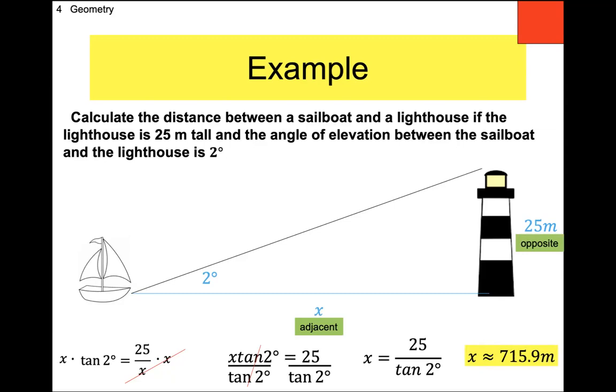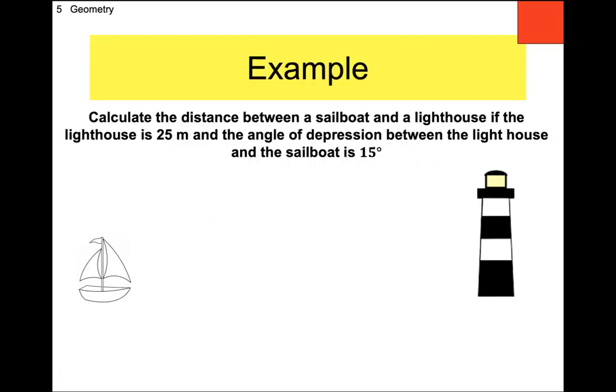Remember, the angle is 2 degrees. So the lighthouse is pretty far away if the angle is 2 degrees. All right, but here it could have been depression as well. So let's see how that works. So it says, calculate the distance between the sailboat and the lighthouse. So that immediately makes you think that your triangle is going to go from the sailboat to the lighthouse, but keep reading. If the lighthouse is 25 meters and the angle of